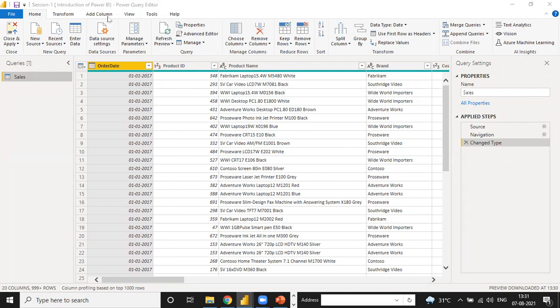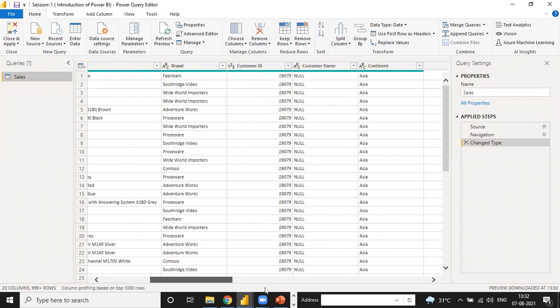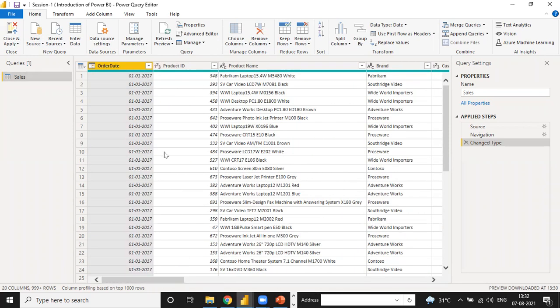When you know the Power Query Editor, it makes up 40% of Power BI. It means that if Power BI is 100%, then 40% of your work is on the Power Query Editor, because right now I pulled in just a simple file. So that's why we don't need to change anything in Power Query.